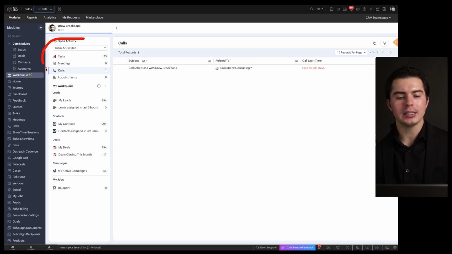So My Open Activities is related to tasks, meetings, calls, the things that you need to do or appointments you need to attend. My Work Queue here is more related to the different records that you are assigned to. So you can see my leads, my contacts, my deals. And instead of jumping from these different tabs, you can just within one place jump to your different records,